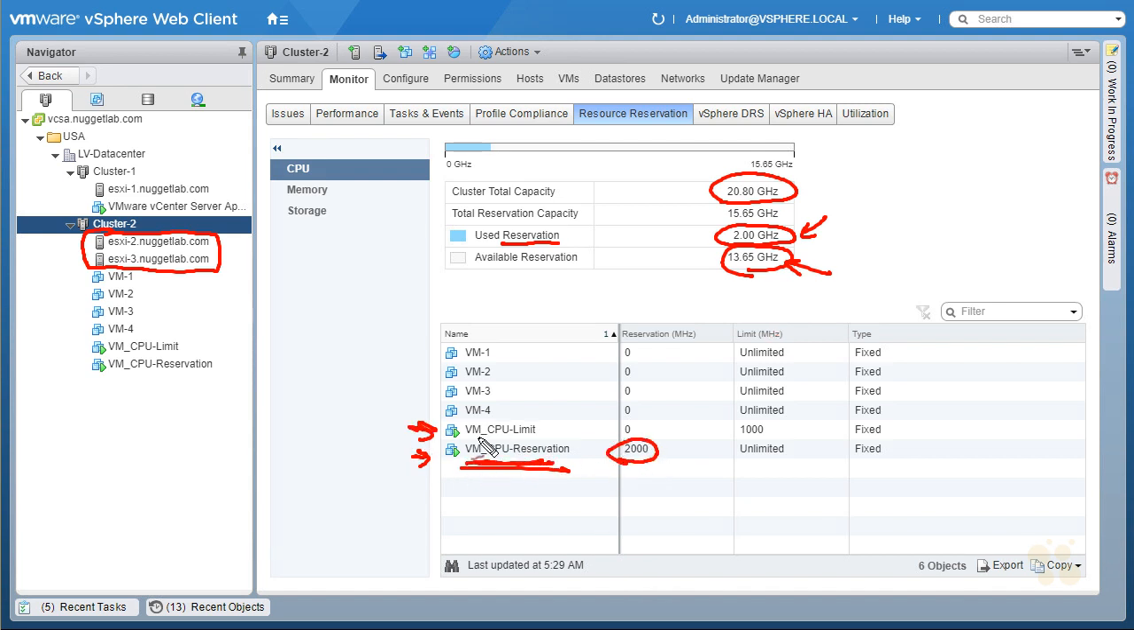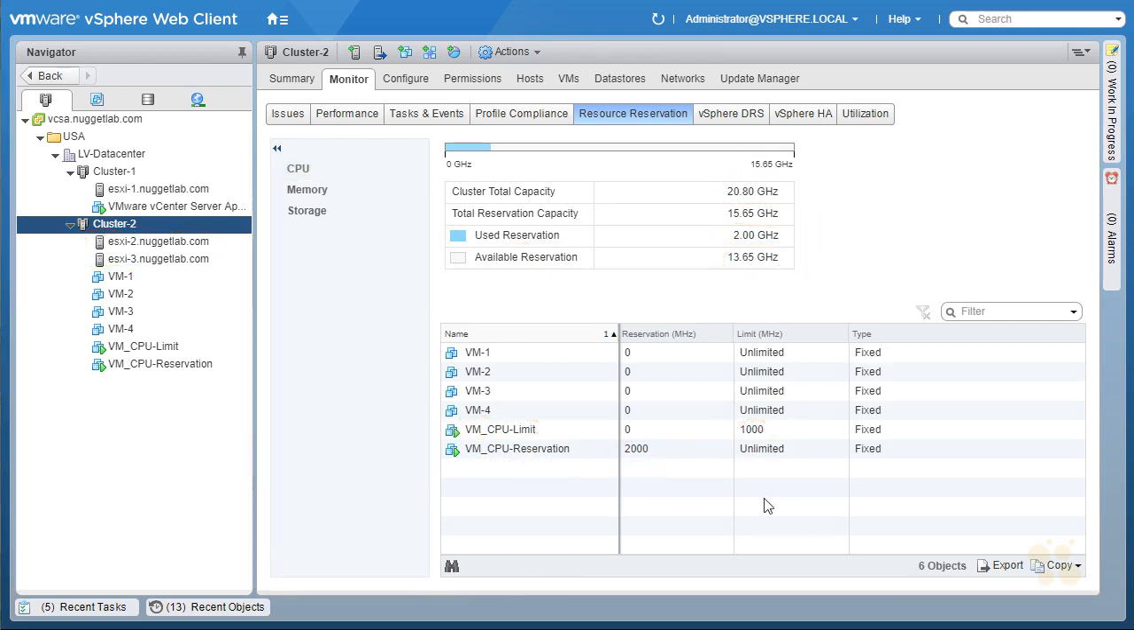Also, regarding the VM called VM_CPU-limit, here's the limit of 1000 megahertz. So even if there's plenty of resources and plenty of CPU to go around, the CPU limit VM is never going to get more than 1 gigahertz. So to see the results of this, let's go ahead and I'm going to take my browser out of full